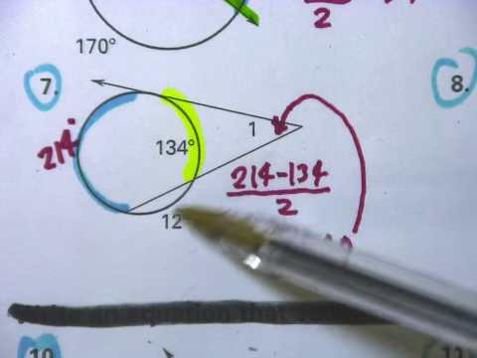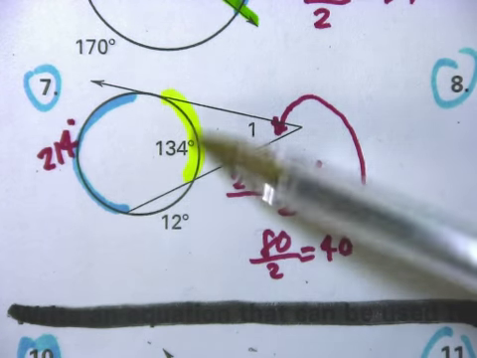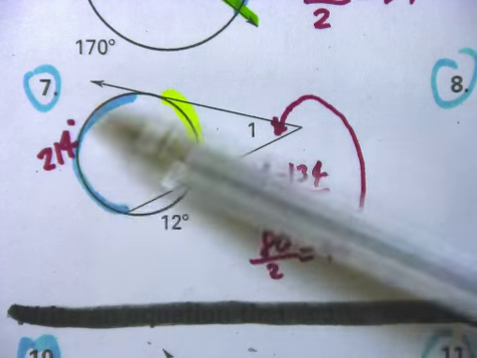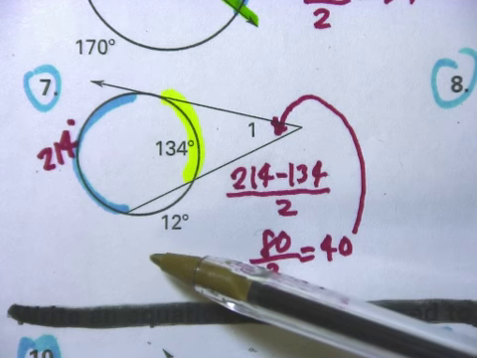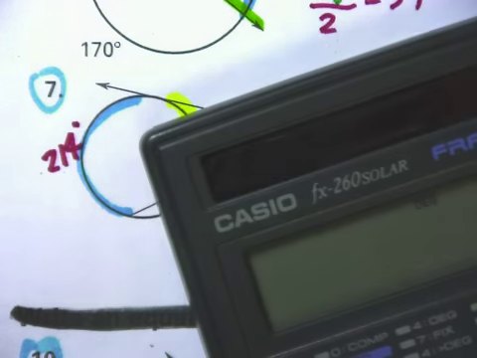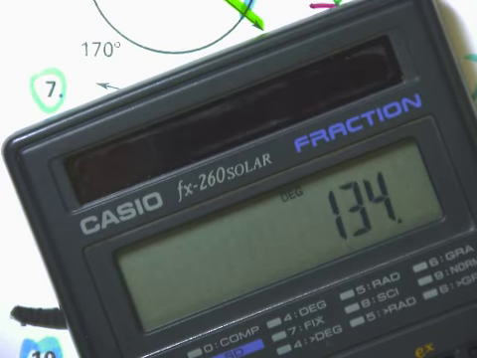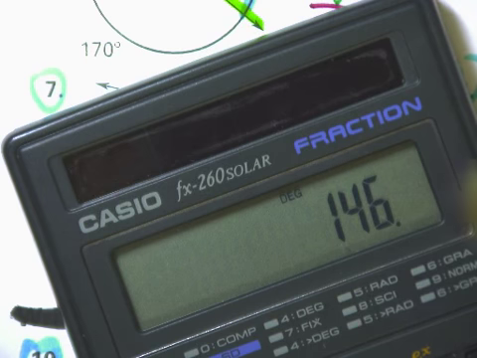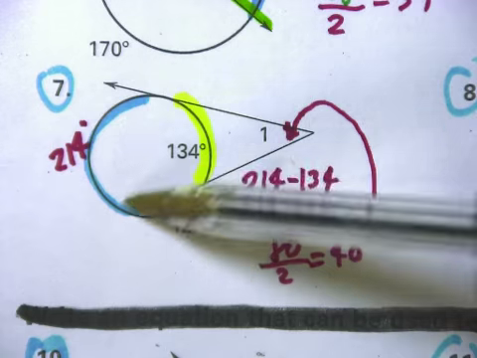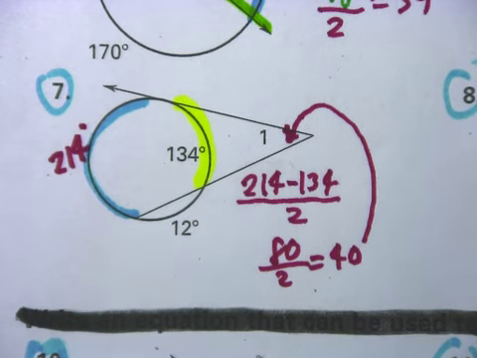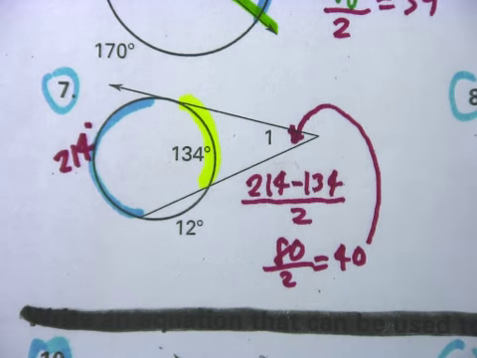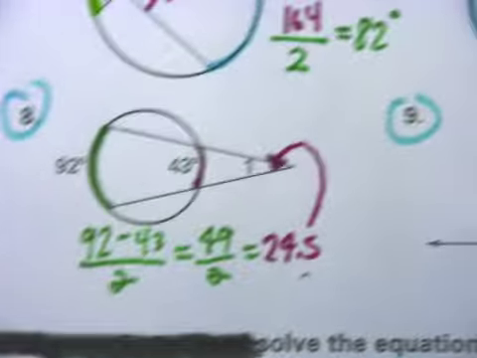Question number 7. Again, they gave me this arc outside the two lines. They gave me this arc here. They want me to find this angle. But in order to find this angle, I need to know how big this arc is here. Well, I know that a circle has 360. So if I add these two together and subtract from 360, well, let me see here. 134 plus 12 is 146 degrees. So I've used up 146, and 360 minus 146 gives me 214. So I know that this arc here is 214 degrees. Well, then I subtract these two, I divide by 2, and I know then that this angle here is 40